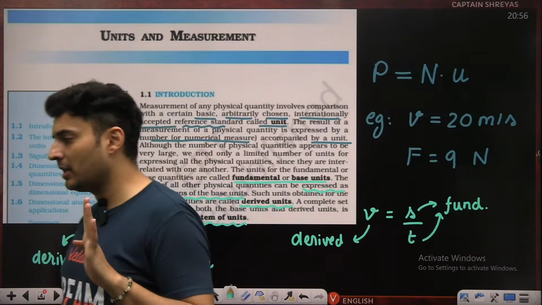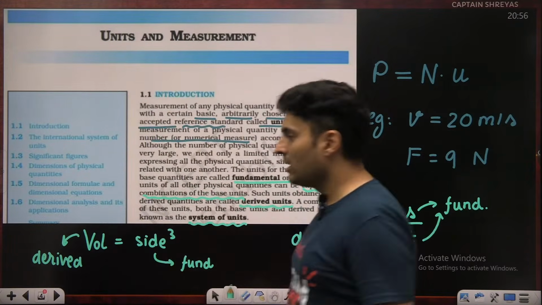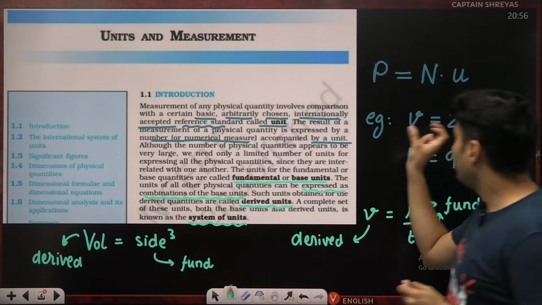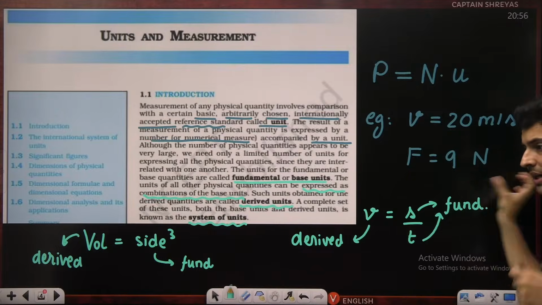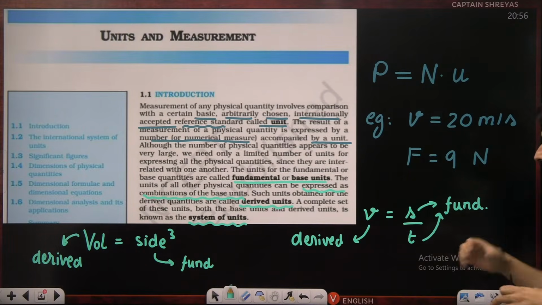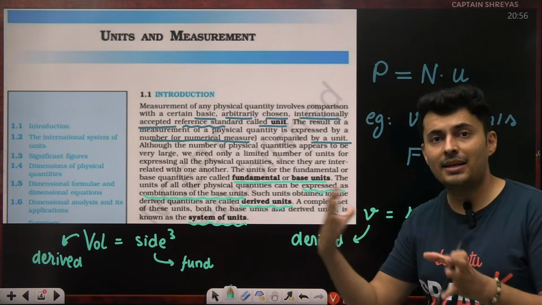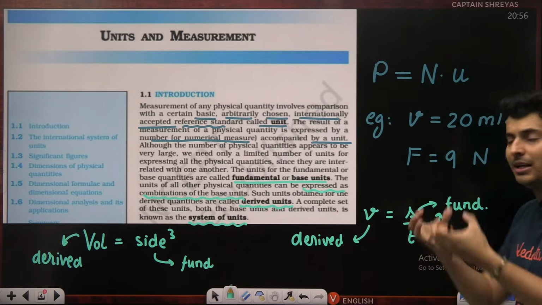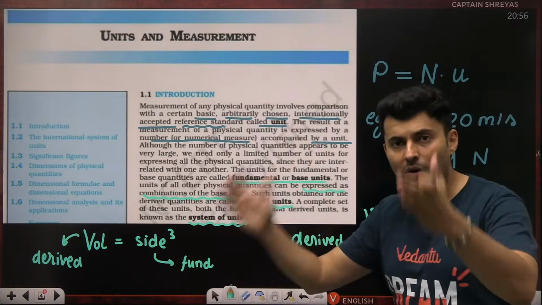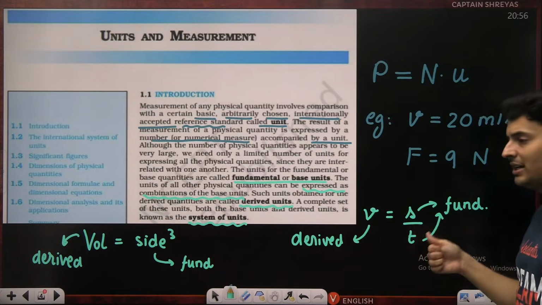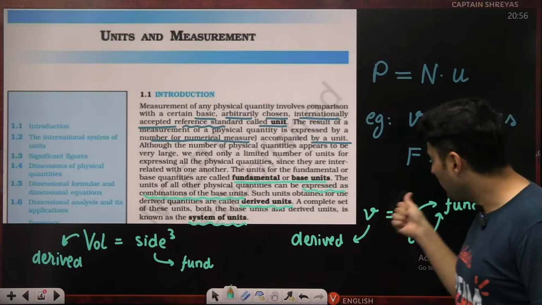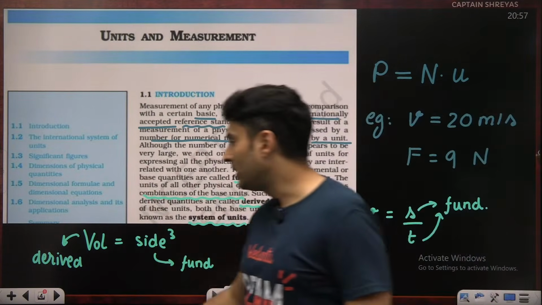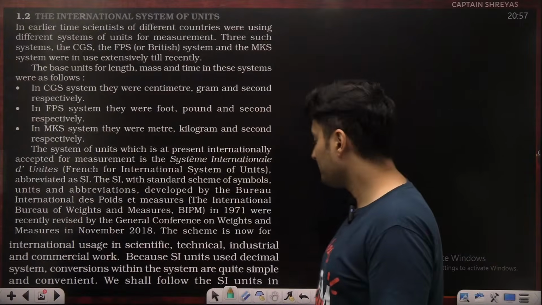Everybody clear till this particular point? Introduction is clear. We have something called physical quantities which can be measured. They always have a number along with a unit associated with it. And you have two kinds of quantities, hence two kinds of units. Ones which are very basic or fundamental, and they are universally called fundamental, like displacement and time; we will come to more of it. And then all those things which depend on them are said to be derived quantities. As simple as that.